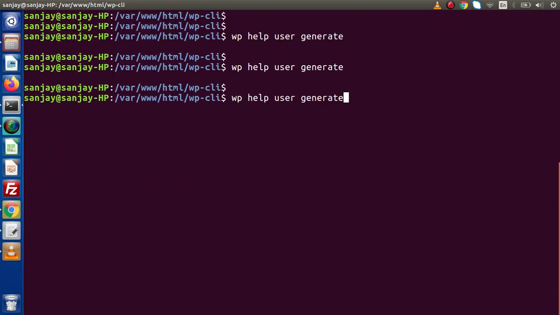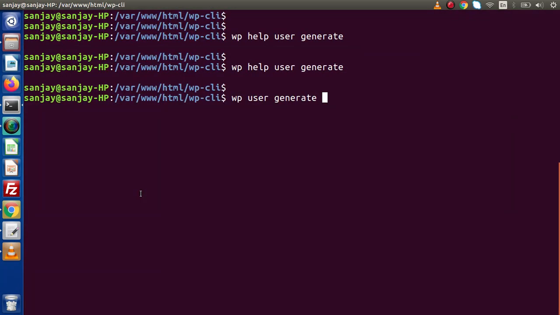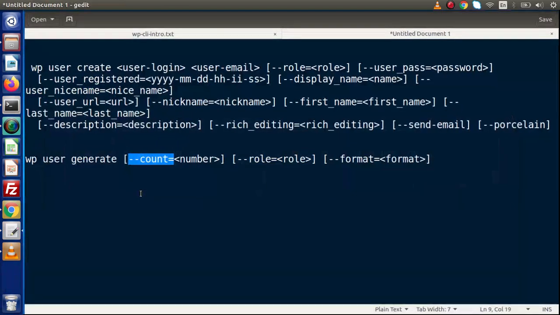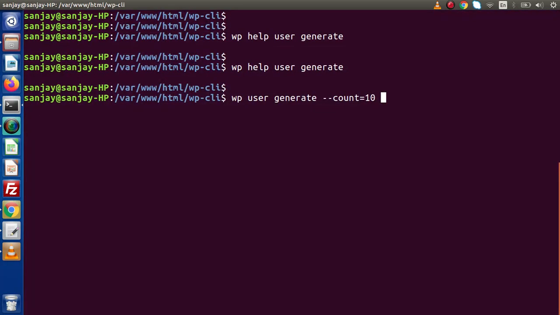So again what I will do, we are going to use call wp user generate, and inside this synopsis we can see that here we have a count flag, so copy, pasting it here. Now we want about 10 users to be created, and we want those users with the user role as an editor. So here role equal to, let's say, editor. Now this is the command to generate the random users. Now if I press enter,